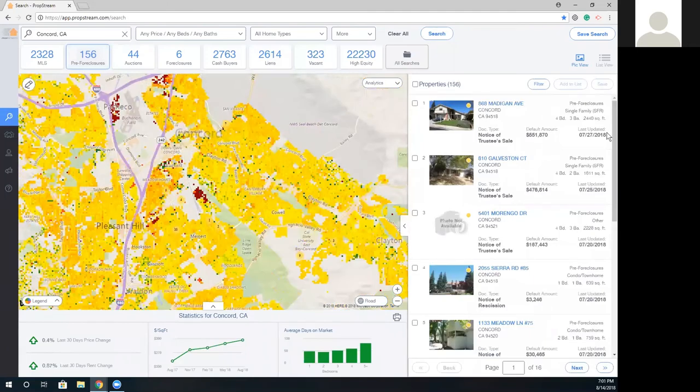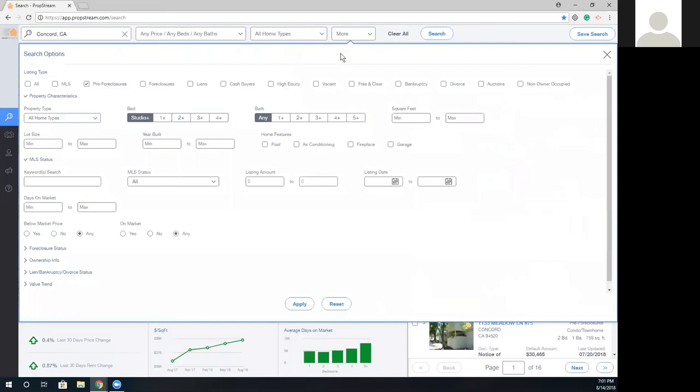Yeah, and is there a place when we're doing searches that we can compile, like properties? Maybe we're doing multiple searches. Where can we keep them stored, or what's the best way? Oh, good question. So our system not only allows you to do all the filtering part, but you can save your searches. So let me do a really quick example.